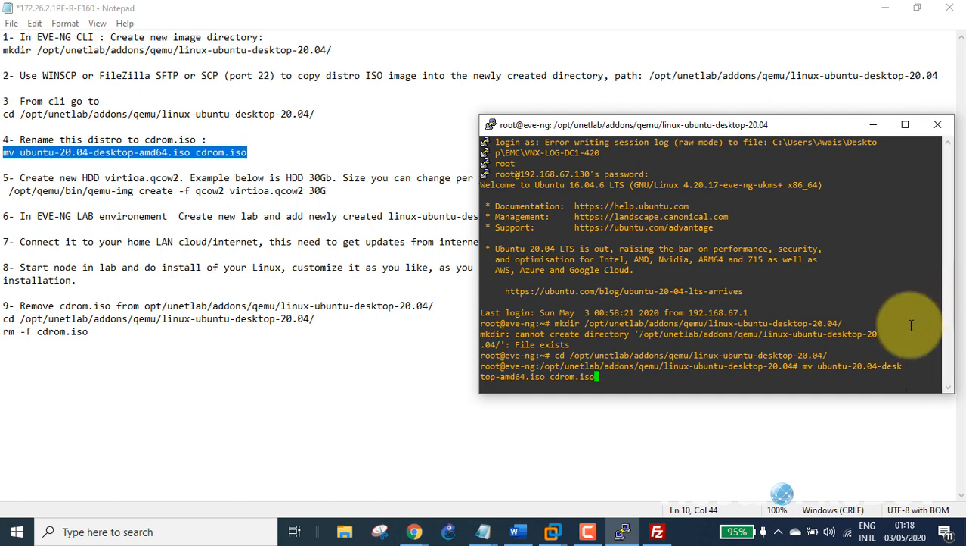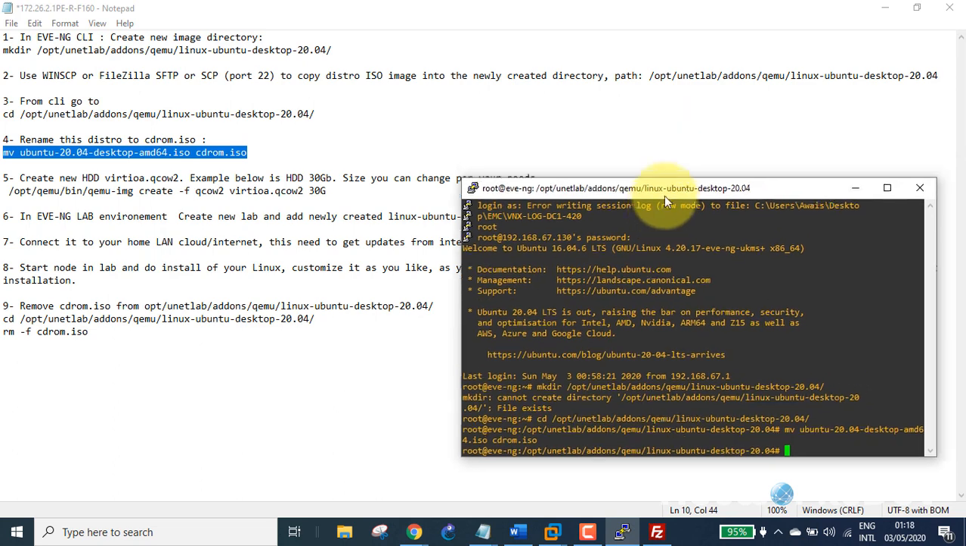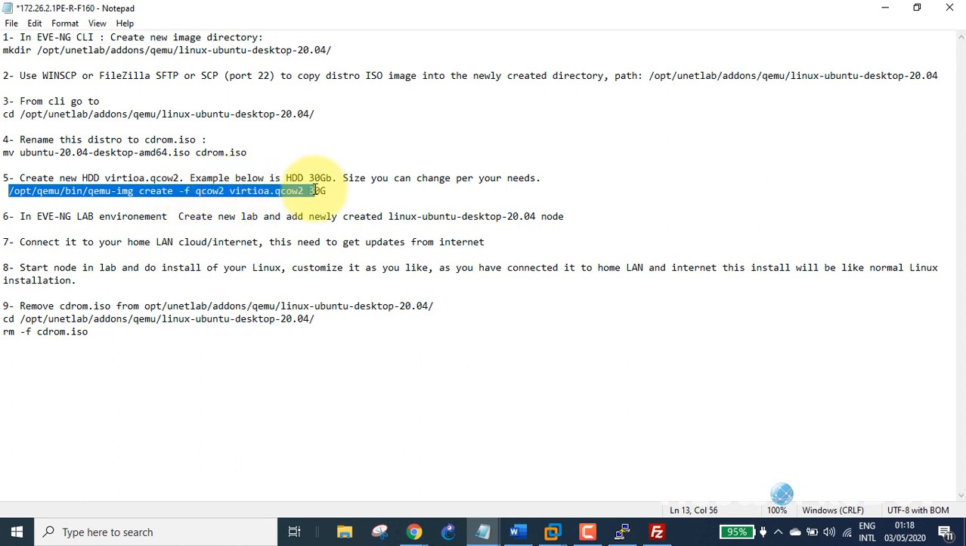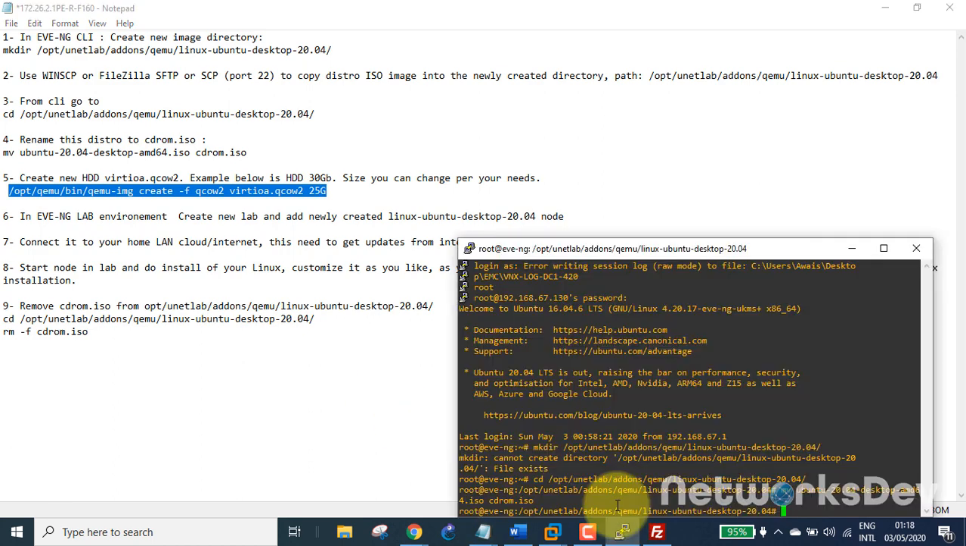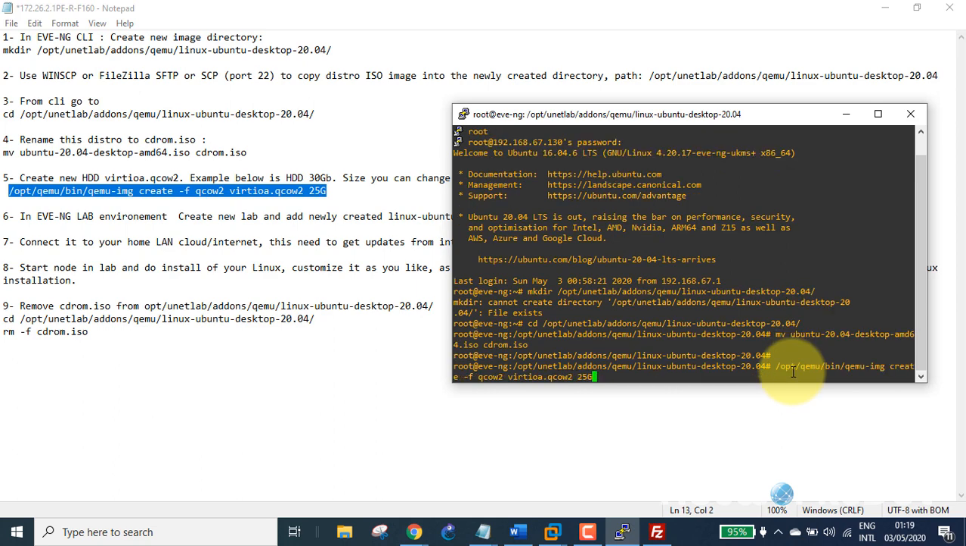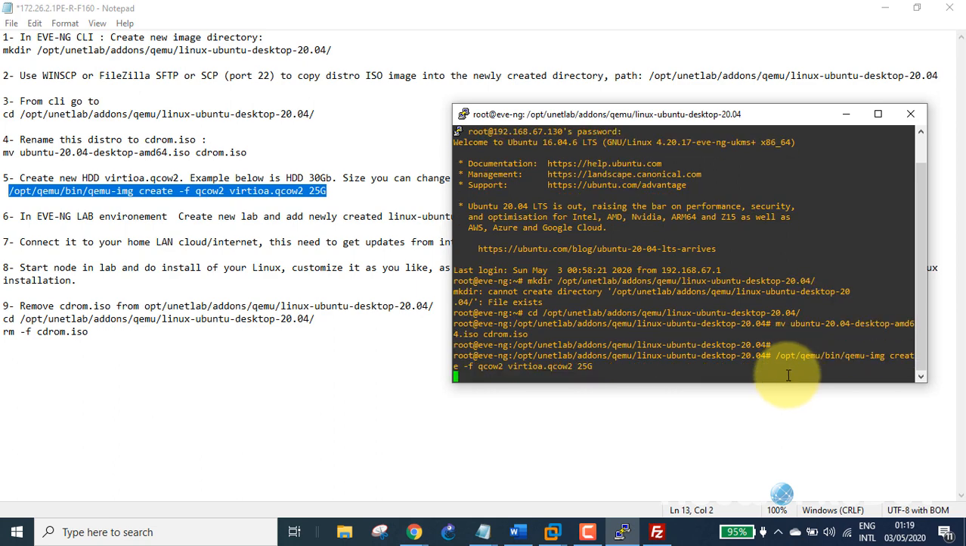In step number 5, you need to create the hard drive. You can create 25, 30, 40, 50 as per your requirement, but the minimum requirement for the hard drive, 25 gigabyte. So you should create 25 gigabyte for the operating system to operate. So after step number 5, you almost finish from